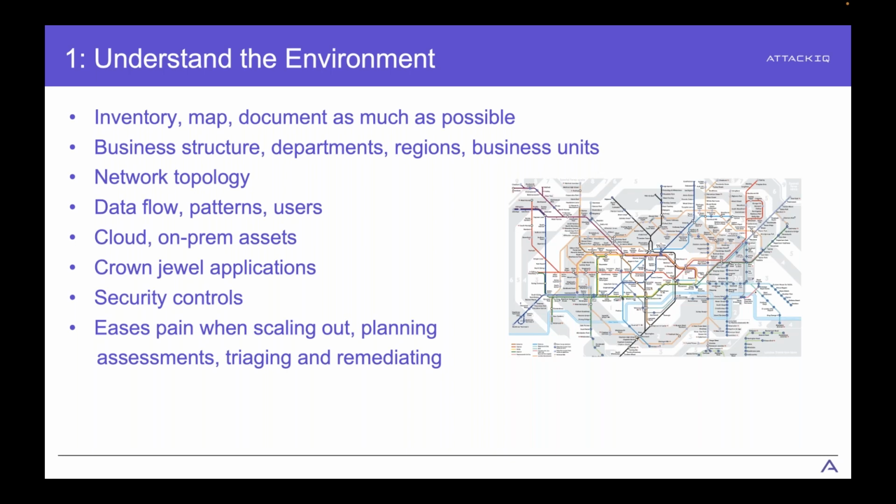Then you have, of course, things like critical applications. These are often referred to as your crown jewel applications. Many organizations typically have 50 to 100+ crown jewel applications. This can look very different from one company to the next. For example, Active Directory would be considered a crown jewel application in one company, but maybe not in another. It just completely depends.